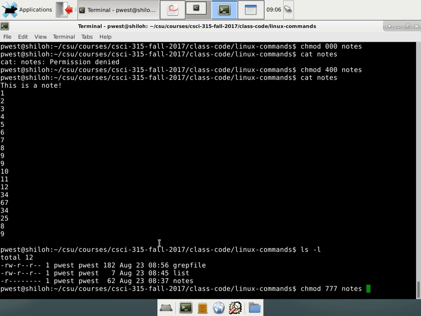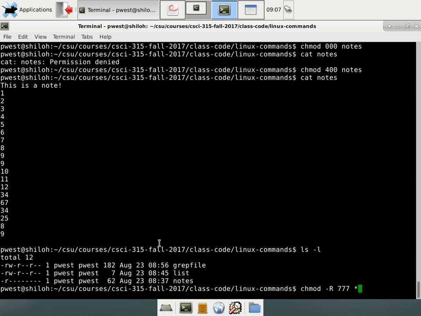So what does chmod 777 on notes do? Full permission for everybody. Full permission for owner, group, and everyone else. Let's see, how to ask this question. Should you be doing this? No. Will this fix all your permission issues? Yes, it will. If you're just going nuts, banging your head against the wall, getting permission denied, go ahead and do this. It's bad practice, but every once in a while, I've had my moments where I'll just do